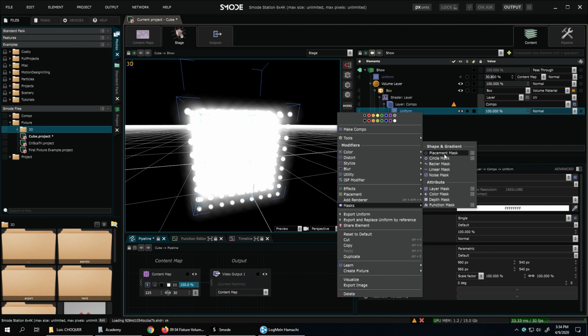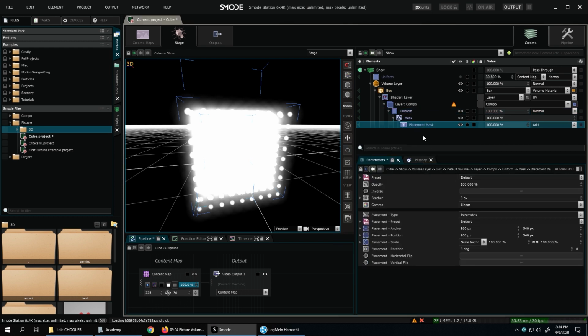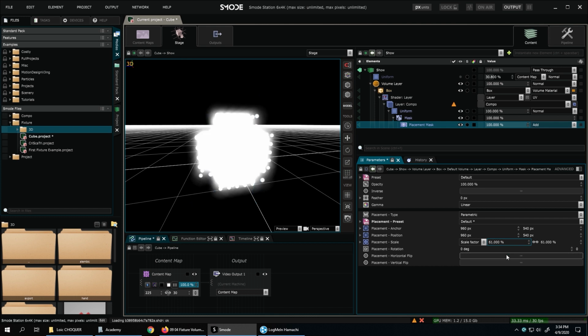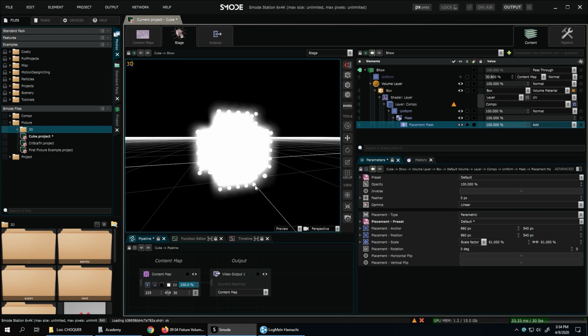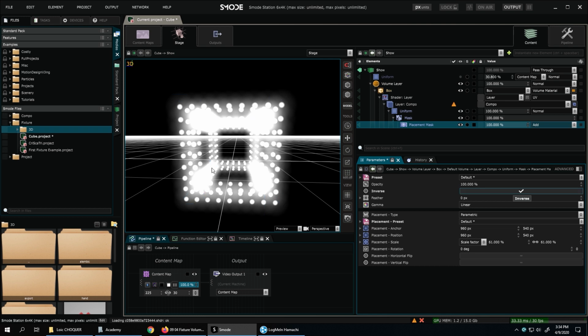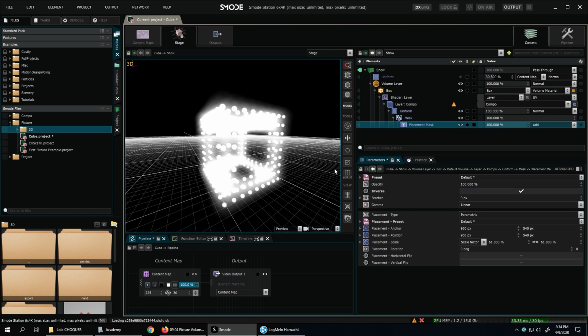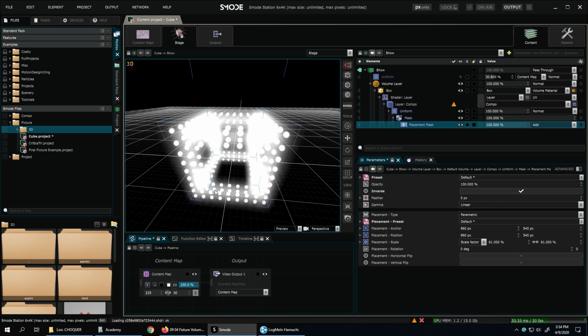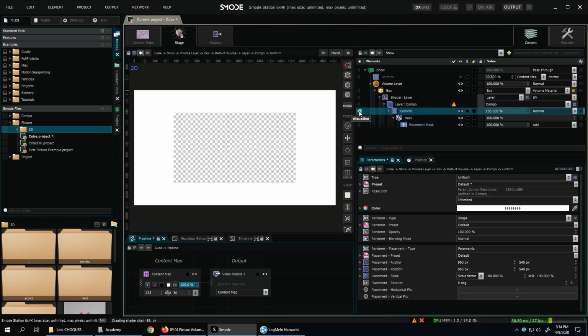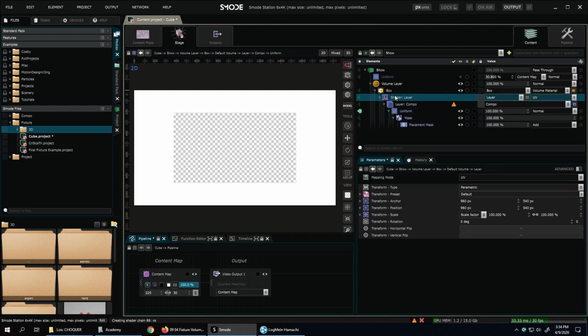So let's do it with this. And as we can see, it's making a cross. But if we inverse the mask, we see that it's becoming a wireframe. And if we look at the mask, it's only the border of the cube.